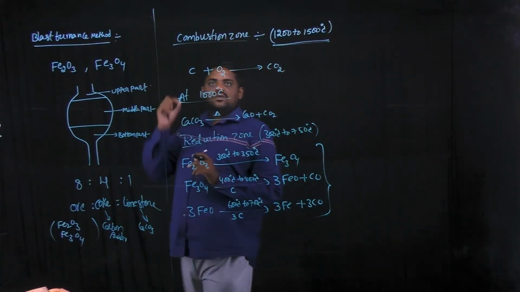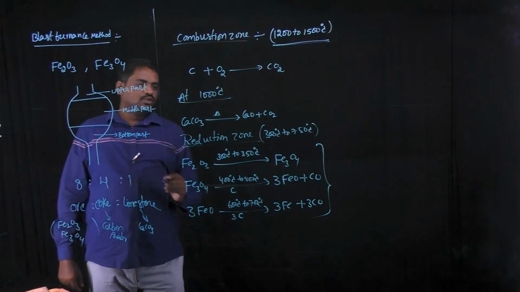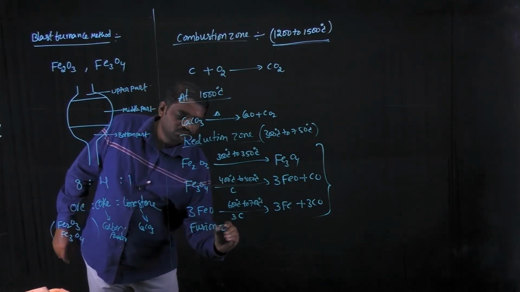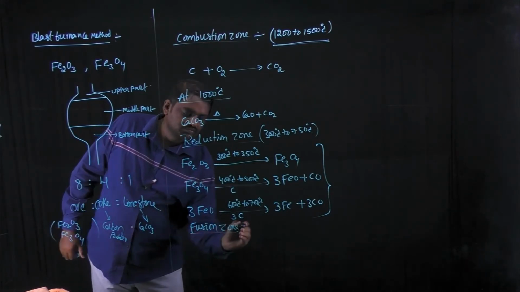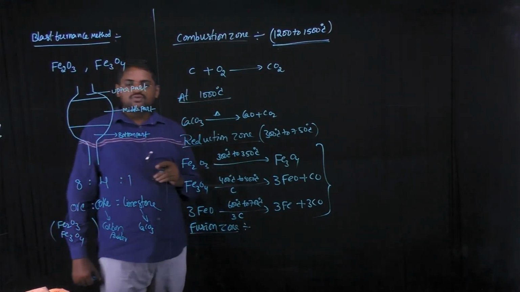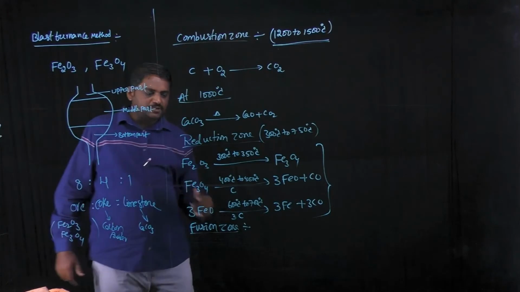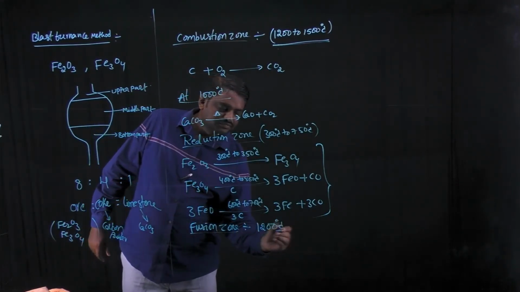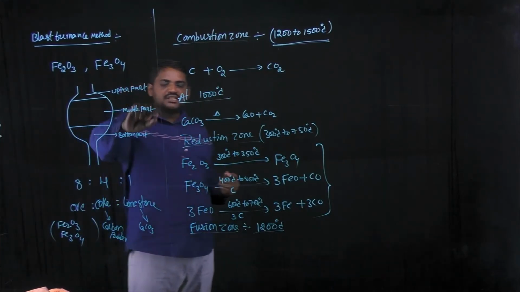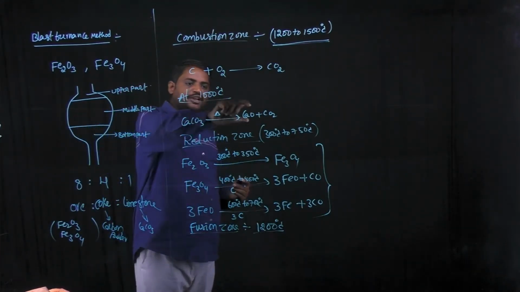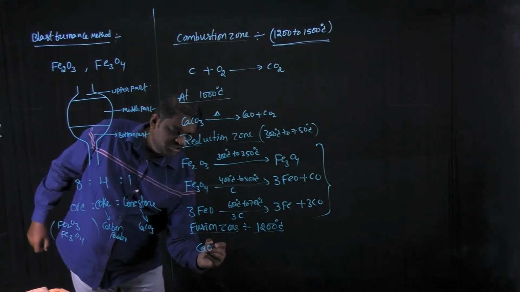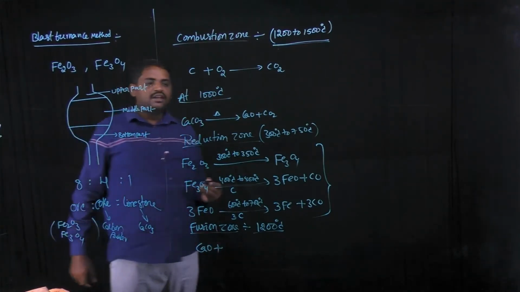And next one, fusion zone. Okay, students, fusion zone is observed at 1200 degrees centigrade temperature. At 1000 degrees centigrade, the calcium carbonate is converted to calcium oxide. So this calcium oxide reacts with